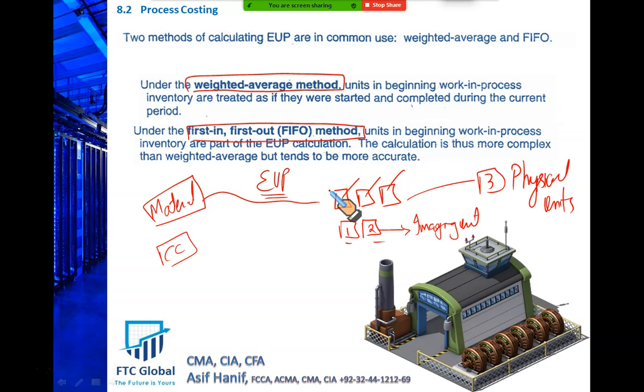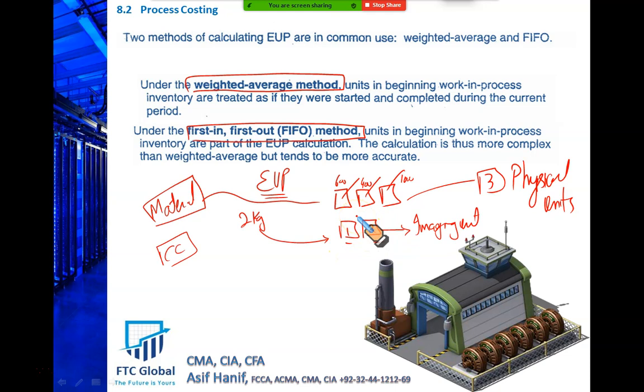Now, you have to use a very clear distinction. There are 3 physical units which are partly completed. Some have material, some don't have. But the material that was given to me, let's say, was 2 kg. Each unit takes 1 kg, right? So what did I do? I used these 2 kgs and produced 3 units. Some contain 600 grams, some contain maybe 400 grams, some contain 1000 grams. So these are physical units there, but they are not complete. But the material that was given to me was sufficient to produce 2 units.